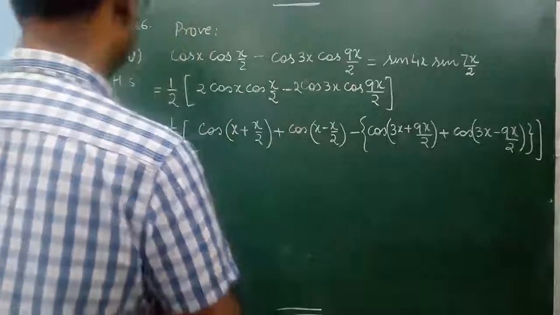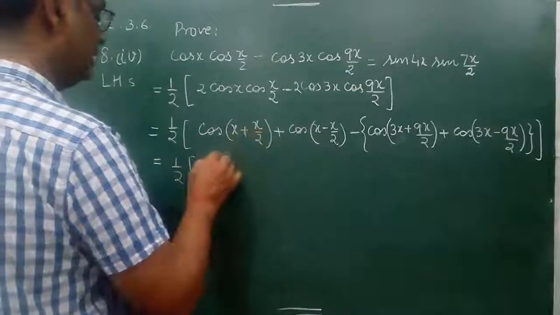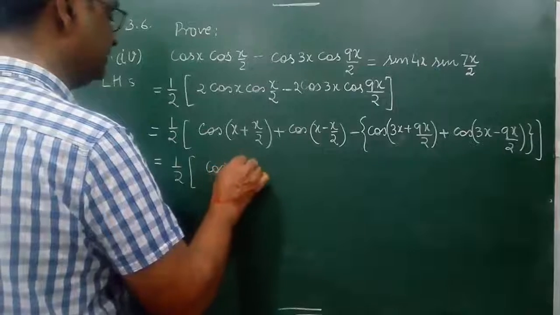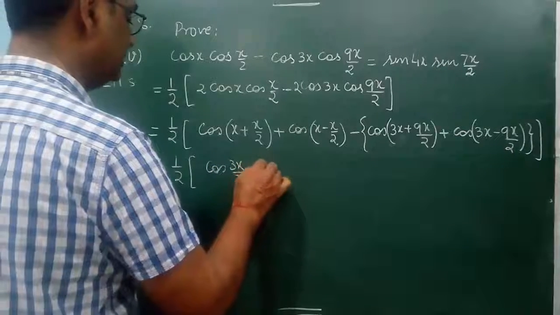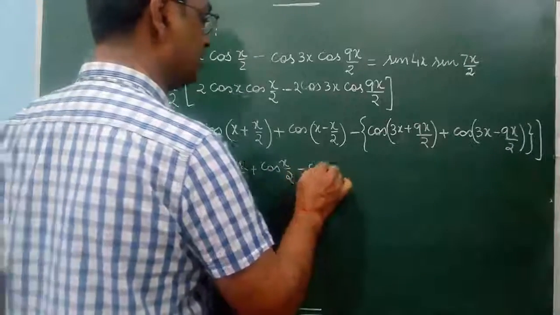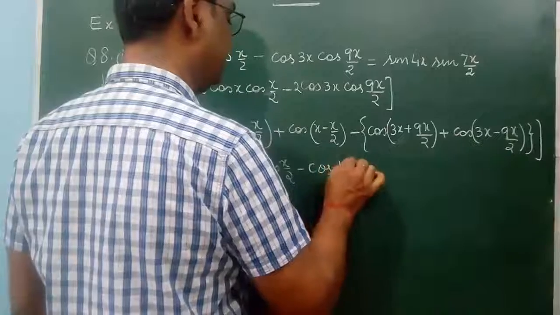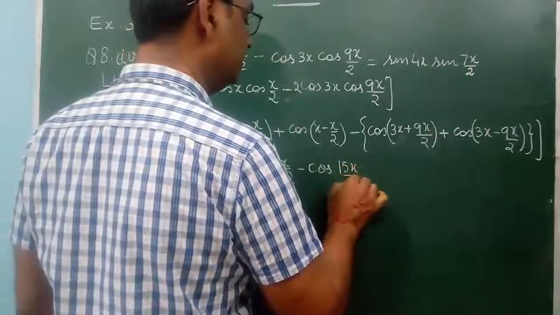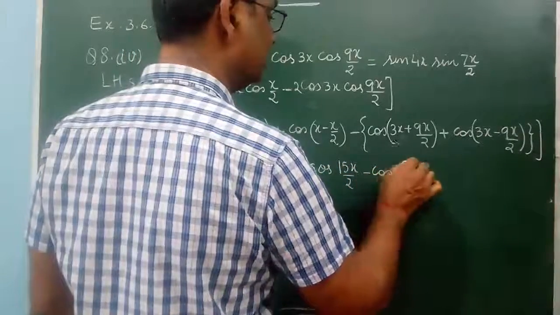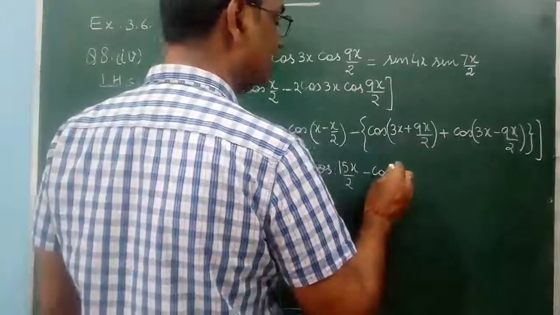This one we have got, this equal to 1 by 2, this is cos 3x by 2 plus cos x by 2 minus cos 15x by 2 minus cos, this is 6x and this is